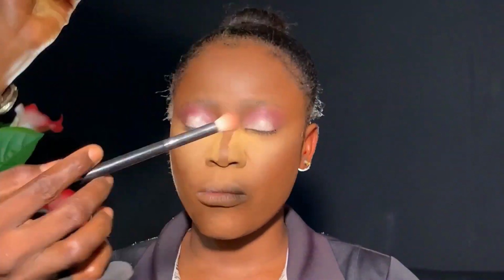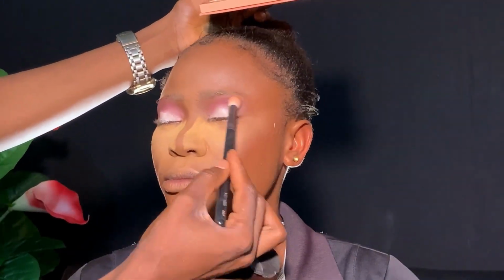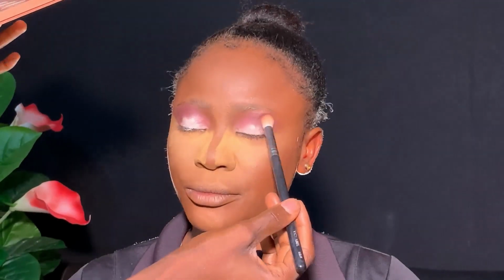So one thing in eyeshadow is that any color that you want to apply, any color you want to add, make sure to blend in very well. Blending is the key. Like in makeup, the only rule in makeup is blend in very well. Now I went on to apply this black shade because I wanted it to have a little bit of depth